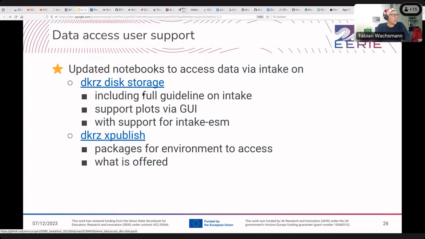So, how to work with the disk data on DKRZ: we have a full guideline on intake, and the intake catalog now also supports some plots in the notebooks, and we have support for intake ESM. In the hackathon, we only worked with the pure intake and intake-xarray. We now also have support for intake ESM, which was used by Wachsmann, so you can work with both. Intake ESM is